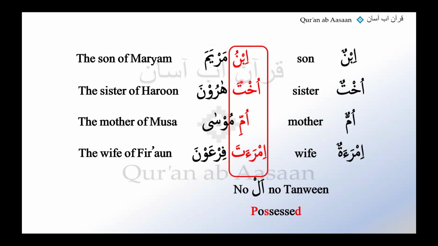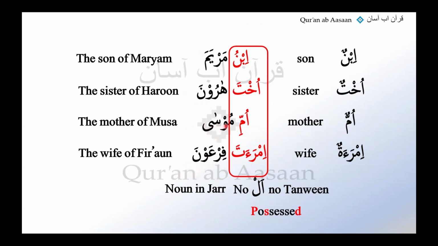What about the second one? Are you clear that they are all in jar? These ones: Maryama, Haruna, Musa, Firauna. We just did Millata Ibrahim on the previous slide. That was a what type of noun? A Maryam type noun. Here, Maryama, Haruna, Firauna, these three are Maryam type nouns. So there would be nasb jar, and when we look back, there would be a no al, no tanween possessed noun in the analysis. We'd know that we'd be cutting the nasb, and it would just be in jar. So we are sure about this.